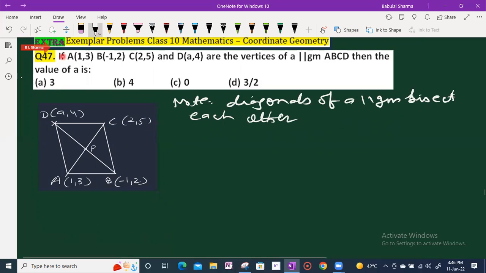Means here both the diagonals AC and BD are bisecting at point P. Means P is the midpoint of